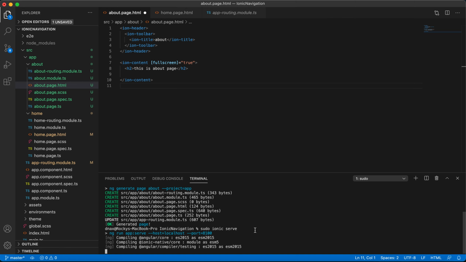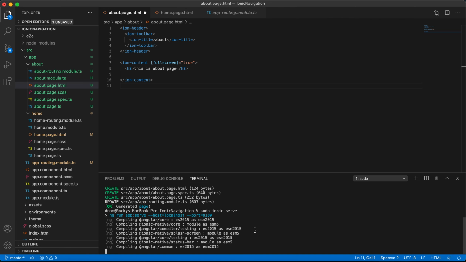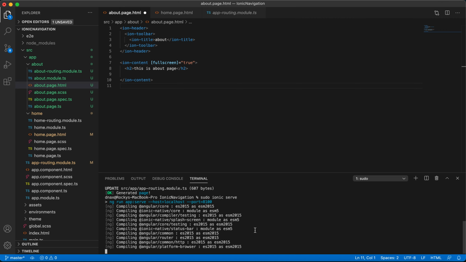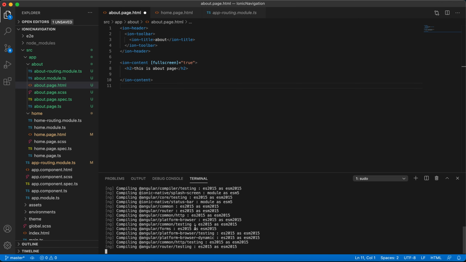It will open in the browser, and then we will see whether the navigation is working or not. See, it's generating all the information. This is like HTML routing, mostly like how we give an href link.